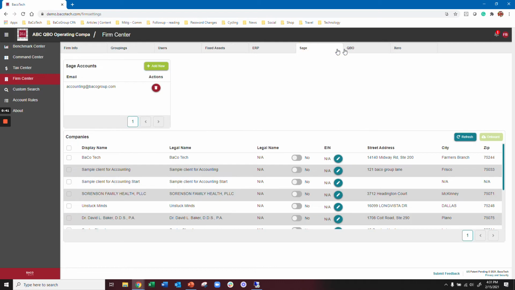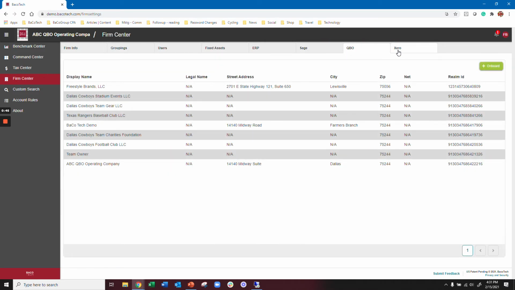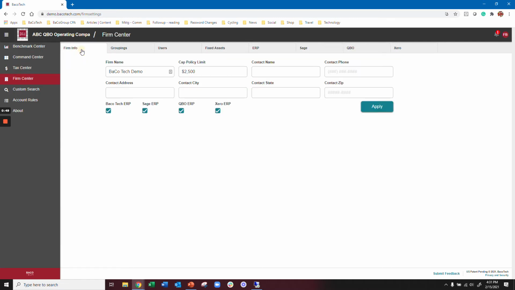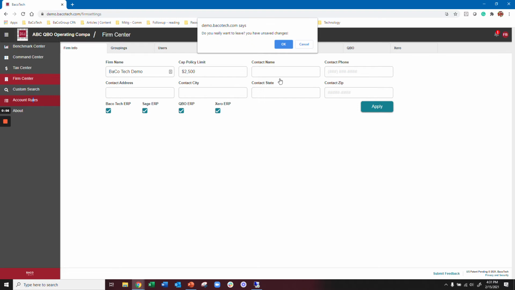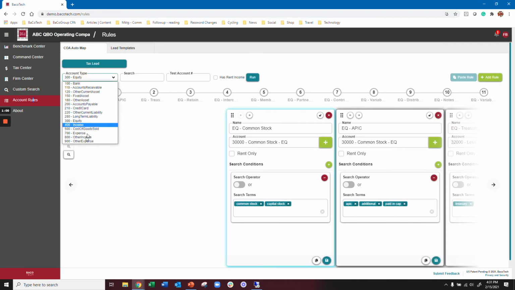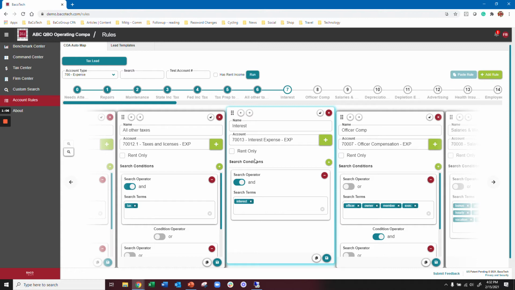But we also connect to a variety of different platforms, and we connect and pull transactions. And so the transactions are all formatted the same, debits on the left, credits on the right. We connect with that firm, bring in the data, and run it through a set of rules. And those rules tell us things like in expenses, I'm going to look and see interest. And if it includes the word interest and it's an expense, I'm going to automatically put it in this tax line